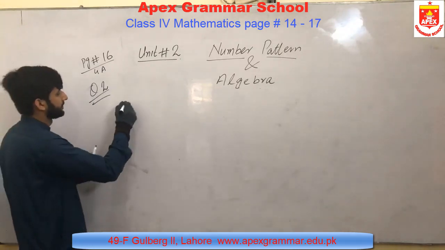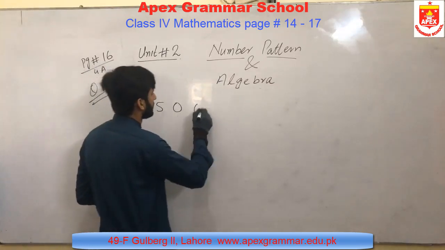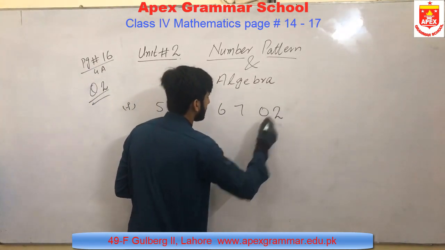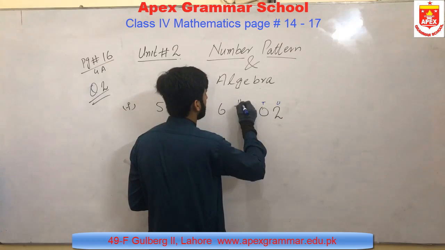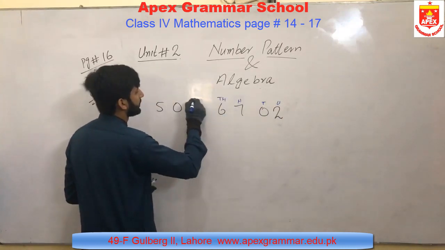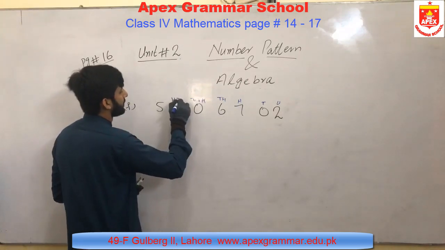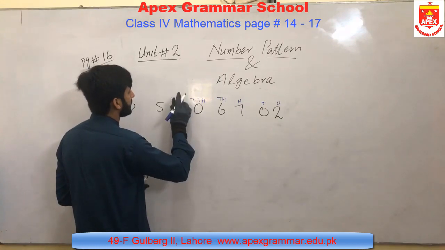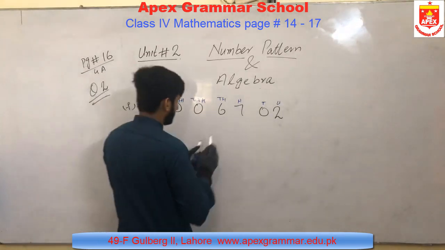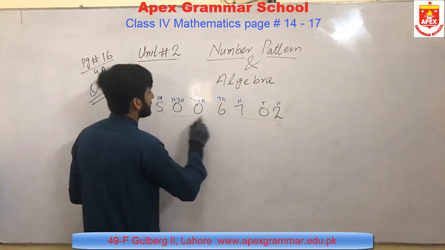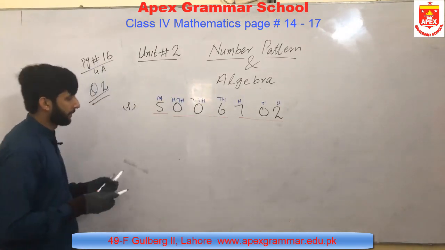part F. The number is 5006702. Before writing the statement, first of all positions: unit, 10, 100, 1000, 10,000, 100,000 and then million. So these three for ones, these three for thousand, and this is for million. Required statement is